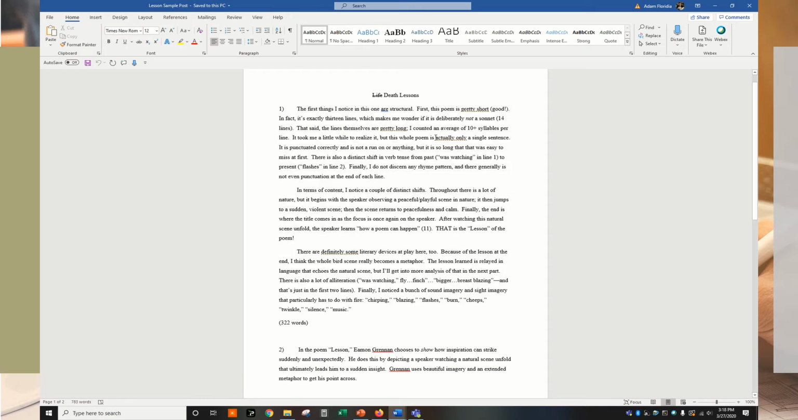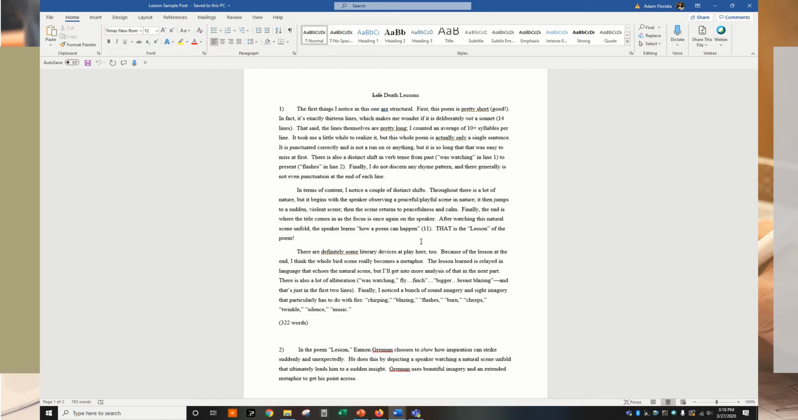I don't feel the need to explain the deeper meaning. It's just, I noticed the poem is short. I noticed it's 13 lines. I noticed that there's a lot of syllables per line. I noticed that there's a shift from past tense to present tense. While I said this, it's not that this doesn't require some thinking, but it requires thinking in the sense that